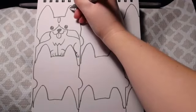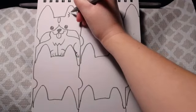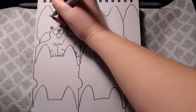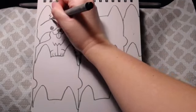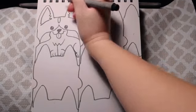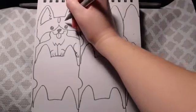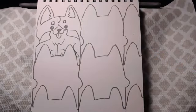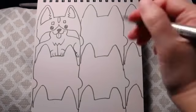Then I'm gonna do my little ear details. So I'm gonna do a little letter M, and I'm gonna fill in that ear just like that. And then another little letter M, and fill in the ear, that triangle shape. And then he has two little eyebrows, and that's how my corgi looks. So the next one I'm gonna do,